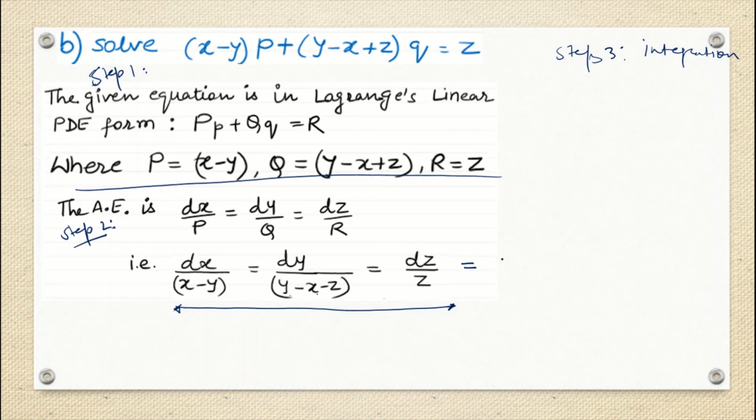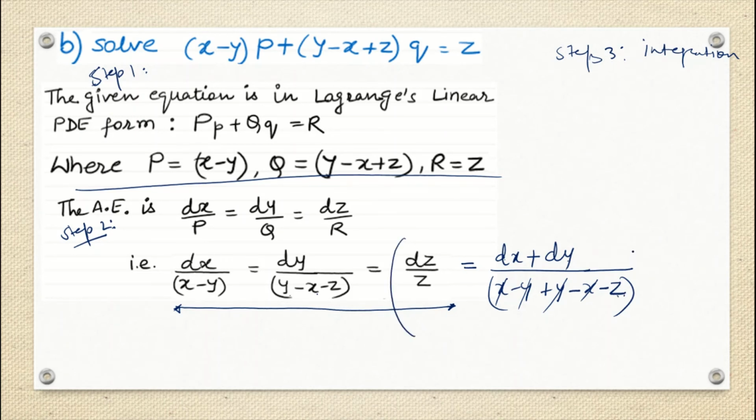Okay, so here I can see that if I write down dx plus dy, what will happen here? x minus y plus y will get cancelled, minus x will get cancelled, minus z. Here I am getting x, and x gets cancelled, y gets cancelled, z minus z is there. So if the numerator has dx plus dy, the denominator is minus z, so what I said is that the integration will not work because it should be free of z. But it is going to be free of z. How? If I think of these two grouping now.